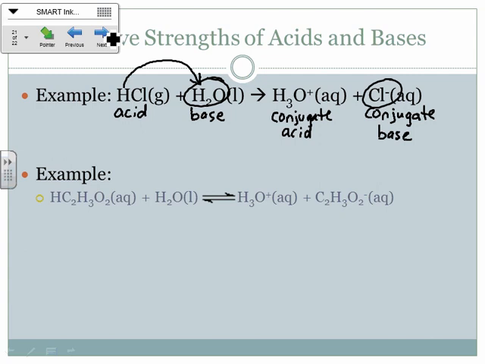Now, you may not be able to tell just by looking at that, but you also probably can. Cl-, that has a negative charge, okay? That's a little bit unstable, and for that to accept a proton is a fairly likely thing, okay? So that Cl- is actually a stronger base in this particular case than the water, okay? And so the equilibrium is going to favor the formation of,